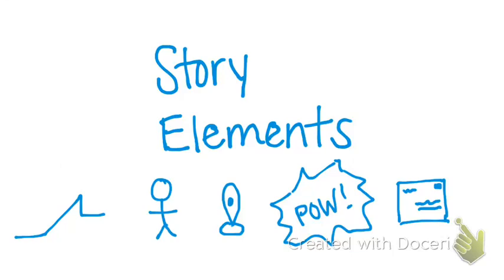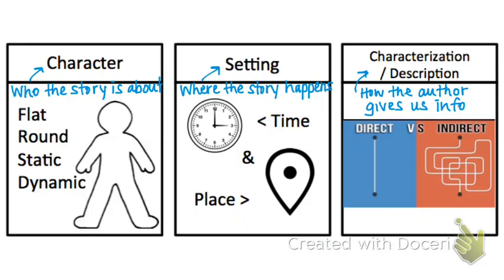So the second element of our story elements videos, well, we're going to do 2 and 3 together. Character and setting. So this is our interactive notebook element. It is a flap. So you're going to write these words on top of it, but then the notes that I show on the next slide, I want you to write on your notebook paper, and you're going to glue this underneath. You're going to cut to this line